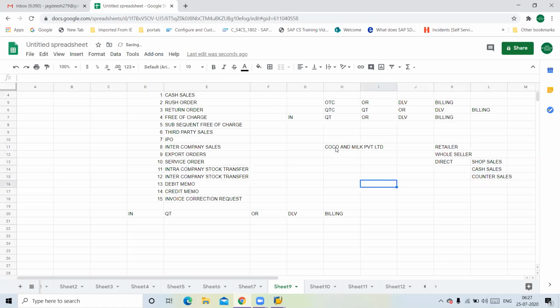So that means this Cocoa and Milk Private Limited will have company-owned outlets, maybe domestic or export, both cases. Company-owned outlet means, apart from this company delivering the stock to their retailers, who pick the stock and sell to end users, and in a similar manner wholesalers also pick the stock with a certain margin and sell to their end customers, sometimes you get a scenario like company-owned outlets.